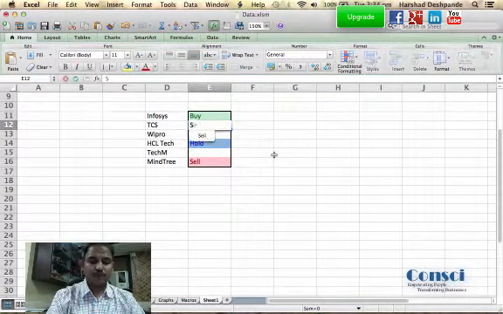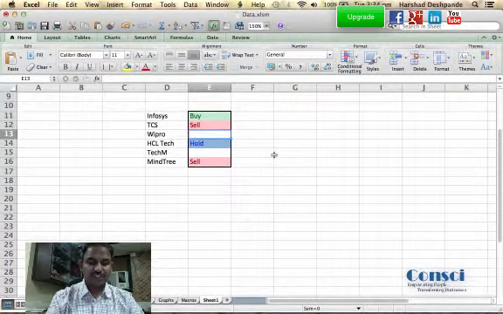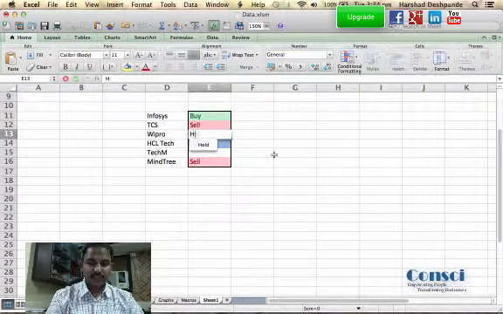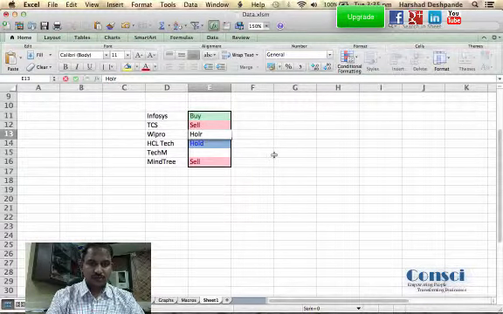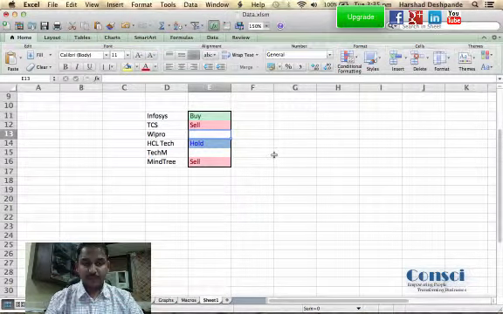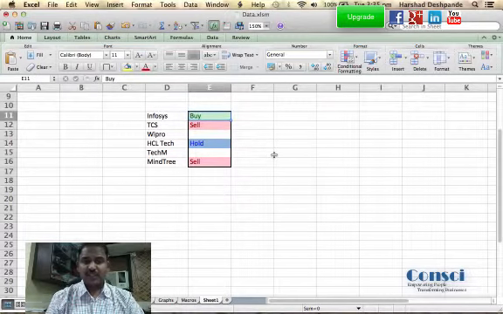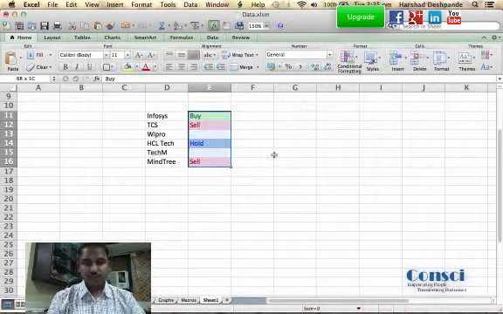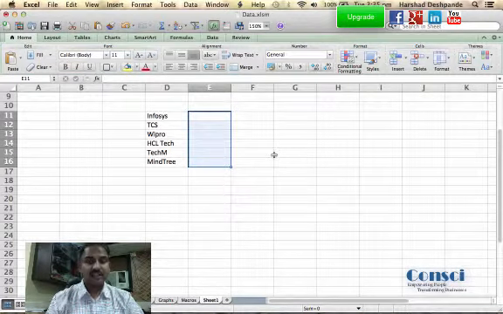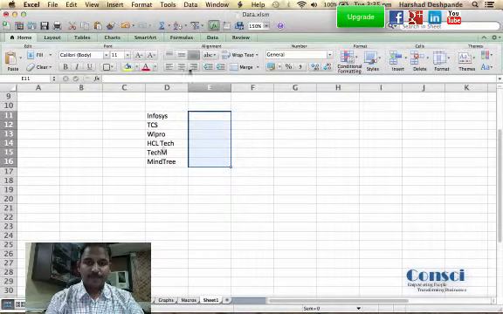So you got the point of how you can conditionally format the cells depending on your requirement. Let us say I type in something else by mistake. Instead of saying HOLD, I press HOLS, and there is no color formatting because it doesn't recognize it as hold. Now that is another point: you may want to restrict your users to enter only specific entries in the given cells. That is the second utility that I am going to share with you, which is data validation. So we are done with conditional formatting.